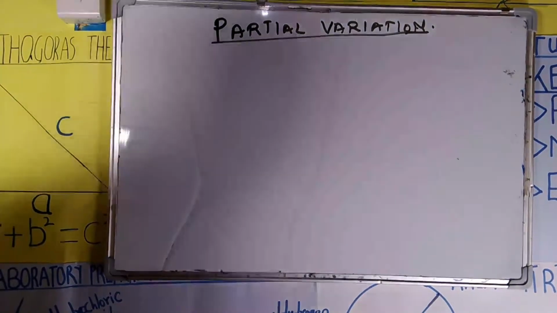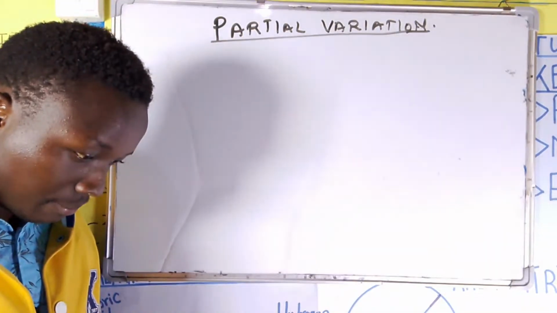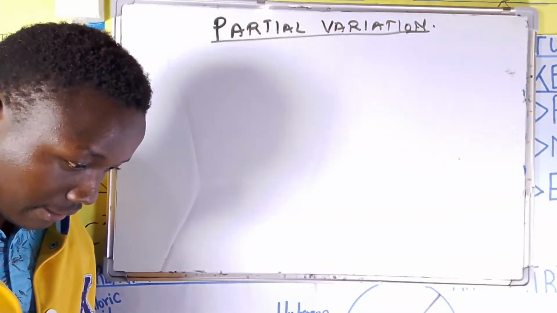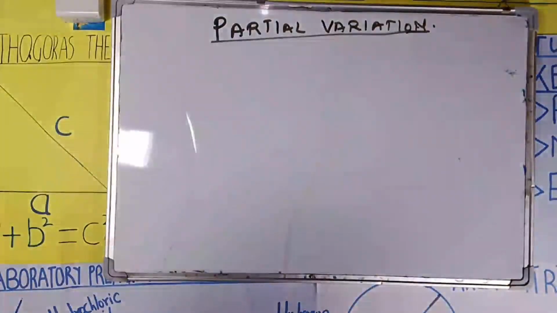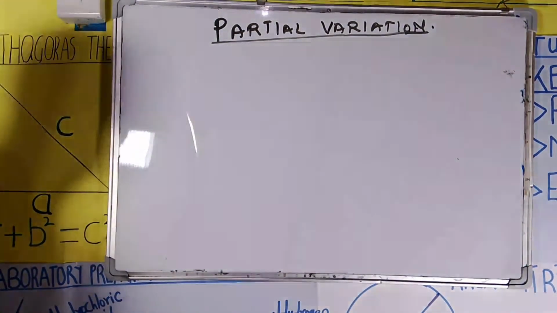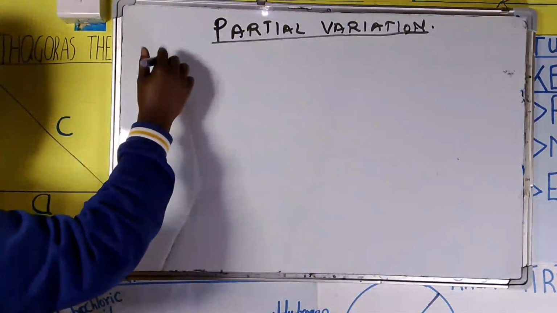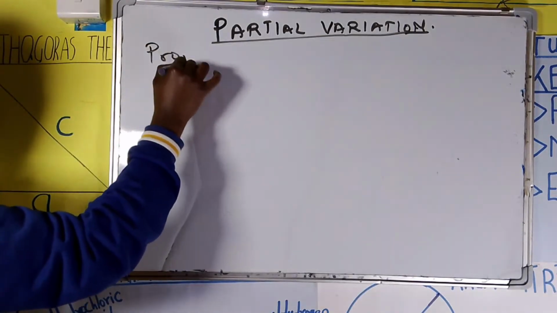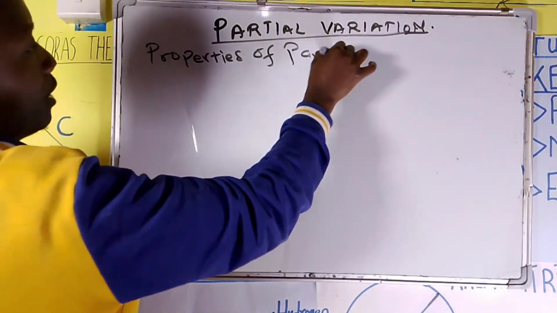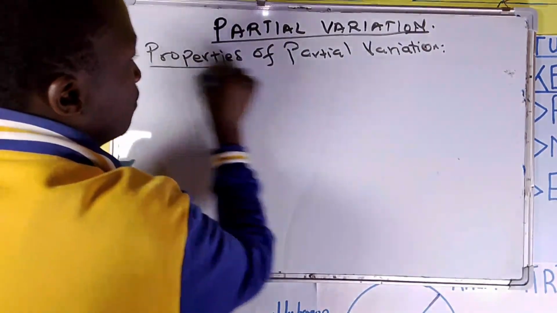Partial variation. Let's do partial variation. And we haven't come back yet. Partial variation. So partial variation, one thing that we need to understand on some of the properties of partial variation is that